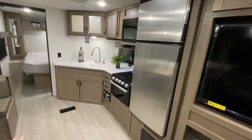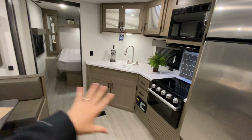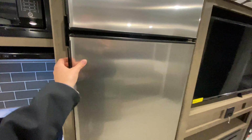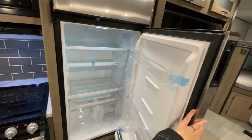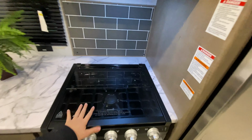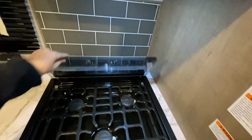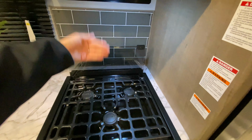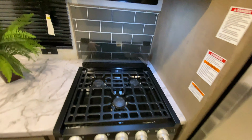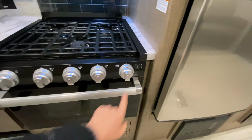Coming into our kitchen area, I love that the sink is kind of at an angle, again, to just maximize this walking space. Your stainless steel refrigerator is right next to your entertainment center. And then to the left is your 3-burner top stove with a glass range cover. And this will fold up and kind of double as a backsplash, so it kind of protects grease and stuff from splashing up there. And then of course you have your oven,